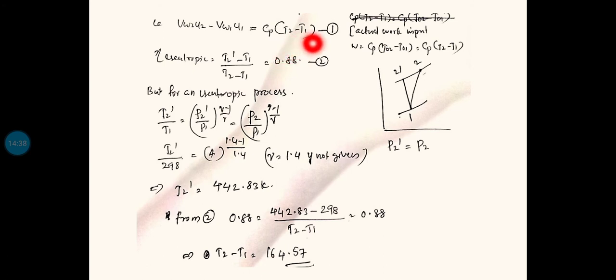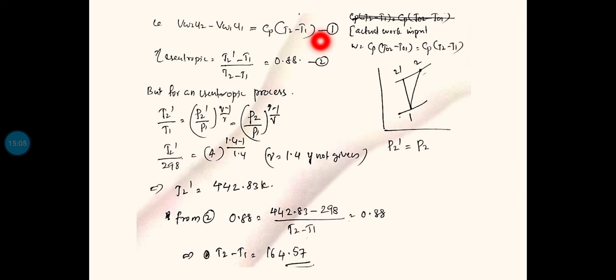And one more thing you can do is, if you can identify T1 and T2, then you can find T01, T02, etc. from the isentropic relation like this one. Using this relation, you can find other quantities also. That is also possible. But if static quantities are given and nothing is specifically mentioned, you can use the work equation of Cp into (T2 minus T1). So actual work input equals this much.